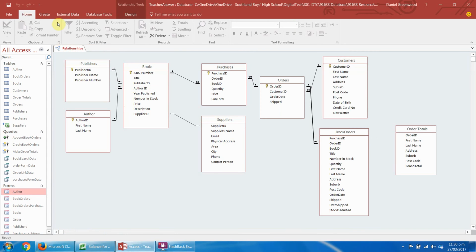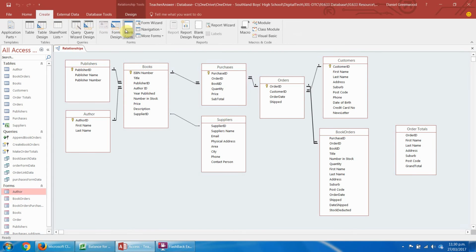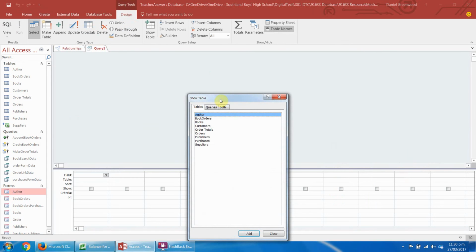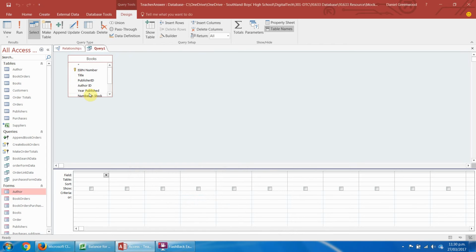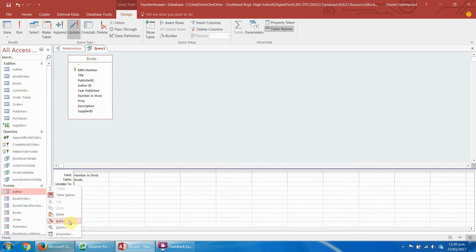So what we're going to do is create these queries. So we're going to create query design. Now we're basically wanting to update the stock, and the stock is found in just the books table, what would be your products table. And we want to update number in stock. So I'll change it to an update query, and in this update to, we're going to update to